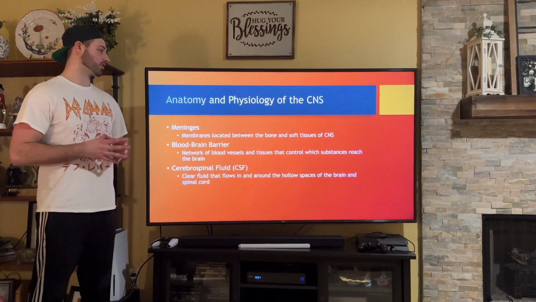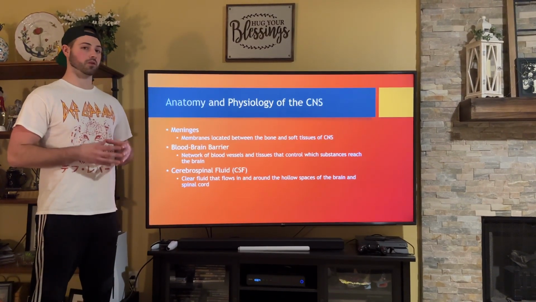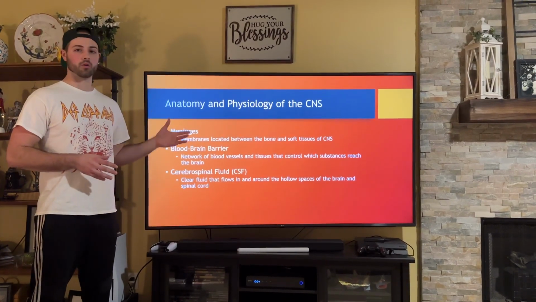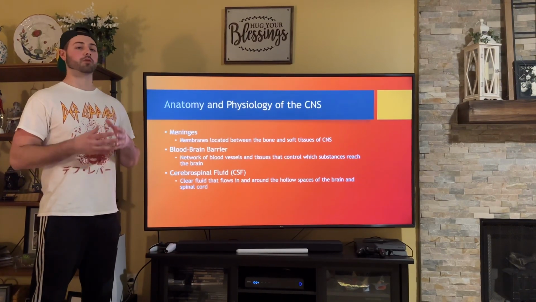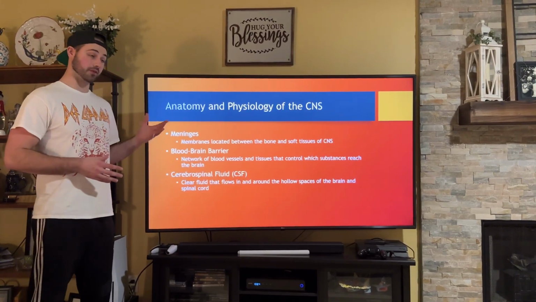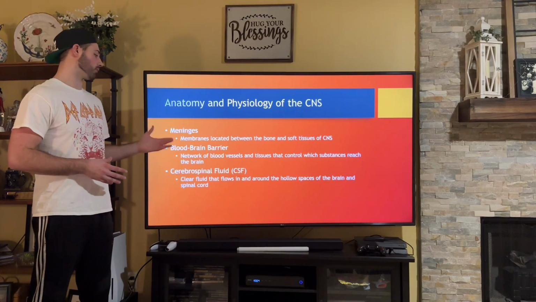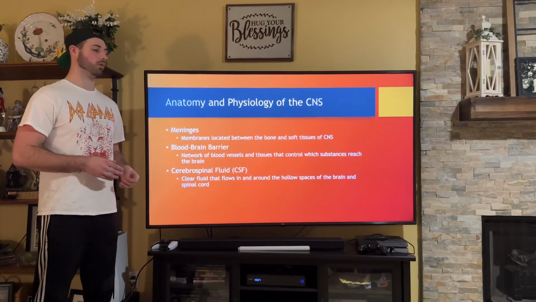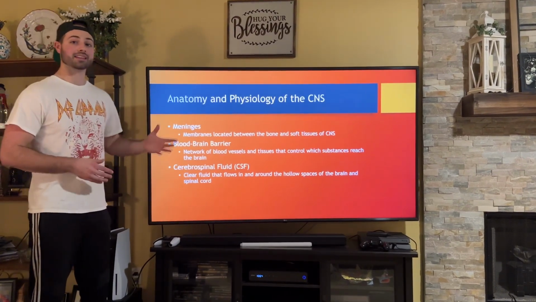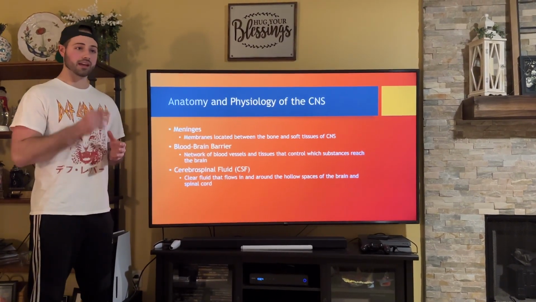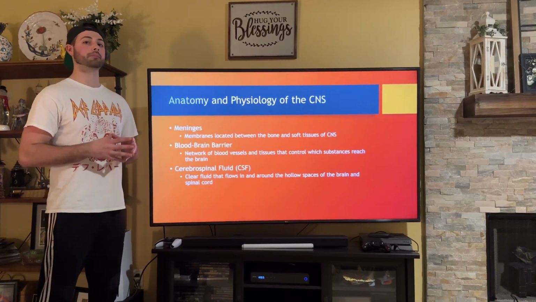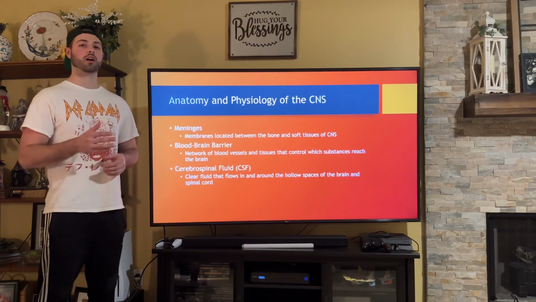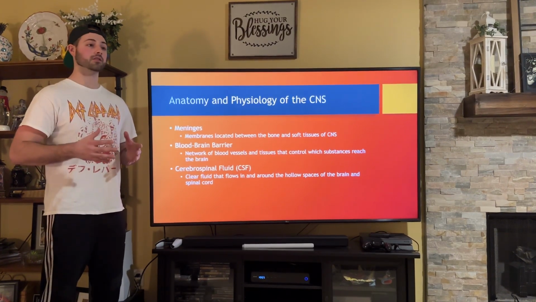Now, there is a structure in your central nervous system called meninges. Meninges are membranes located between its bone and its soft tissues which protect it. Additionally, protecting the brain is the blood-brain barrier, which is a network of blood vessels and tissues which control what substances reach the brain. Since it is semi-permeable, substances such as pathogens or lipids will not be able to enter the blood-brain barrier, but substances such as oxygen or carbon dioxide that the brain needs to function will be able